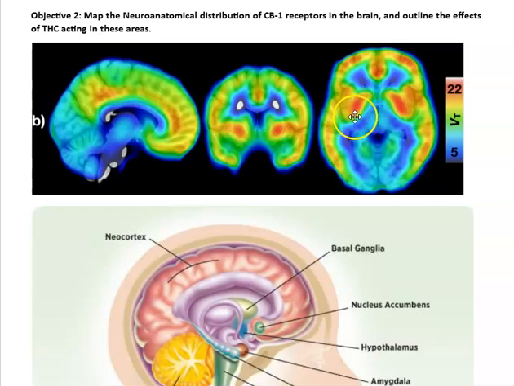red regions here. These are the caudate and the putamen, which are the basal ganglia that you'll see. And you can also see there's quite a few in the cortical areas as well. So pretty widespread, but more localized in some areas than in others. And one thing that is interesting is that these CB1 receptors change during development with, they believe, more expression of CB1 receptors during adolescence. So during teenage years, when